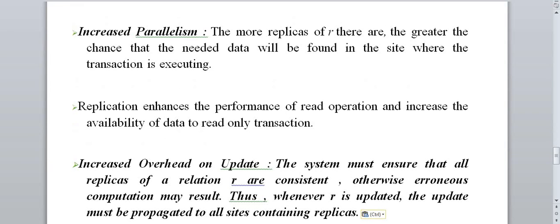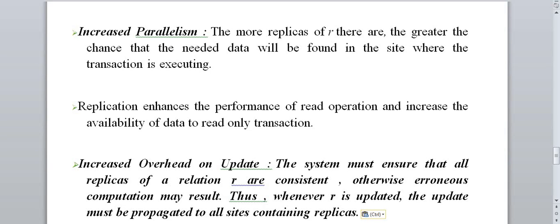The next one is increased parallelism. If the replicas are on different sites, we can do parallel operations, which increases the parallelism of transactions. We can execute a transaction in parallel on multiple sites.